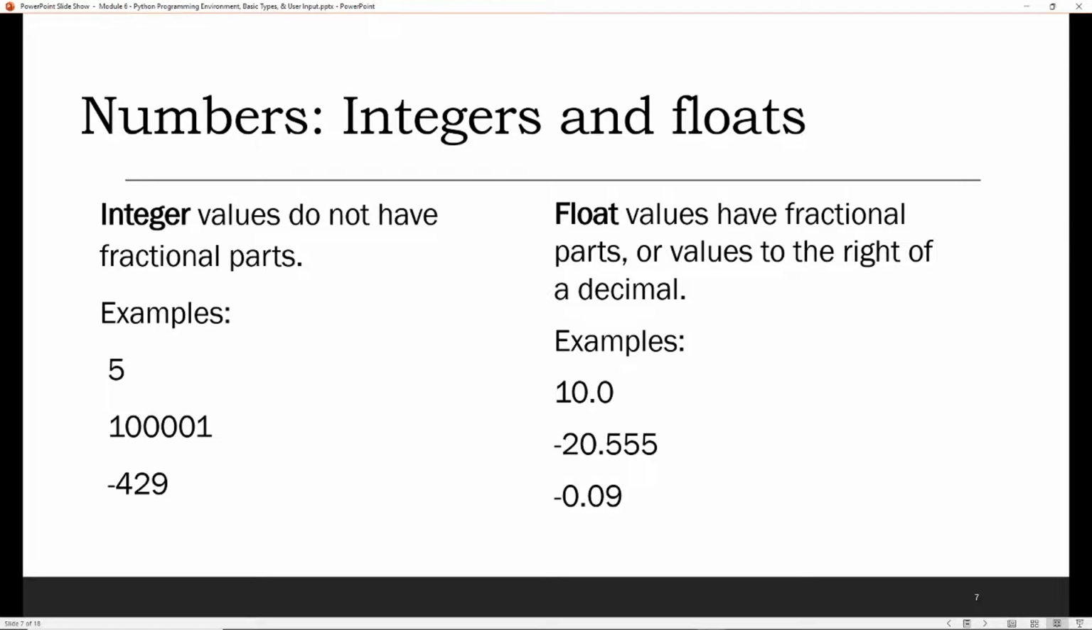We're bound by the size of the data type. Some examples include the number 5, the number 100,001, and the number -429. Any value that has a fractional part or values to the right of a decimal is considered a float value. Examples include 10.0,